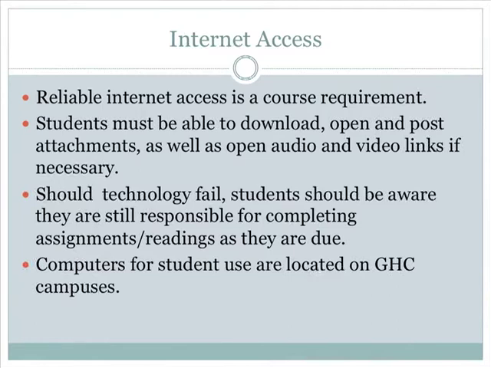If your internet should go down, let's say a storm comes and your internet goes down, you need to let me know, first of all, that you're having technology problems, but you need to have an alternative option to get your coursework, using someone else's computer, for example. There are computers for student use at all the Georgia Highlands campuses. So, using the technology is very convenient, but sometimes when technology fails, it's a little bit of a headache. So just make sure that you have a backup plan if your technology should fail you, either your laptop crashes or your internet goes down or what have you. Students are still responsible for the work, and making sure you have an alternate plan is always important.